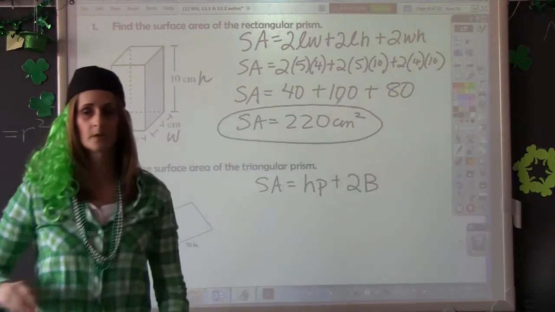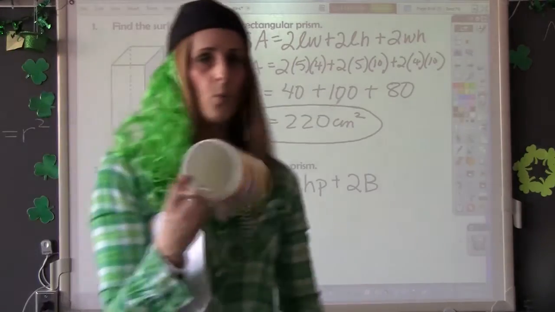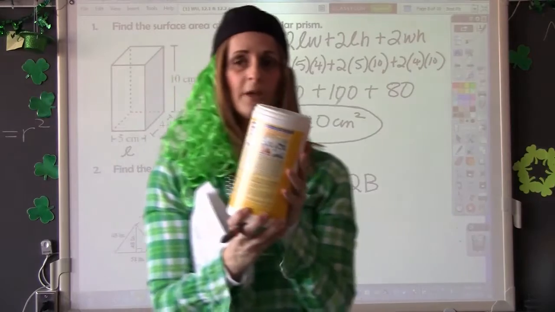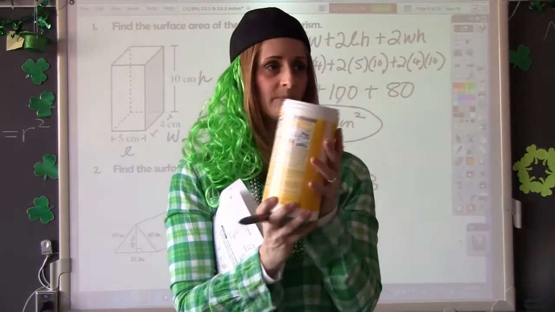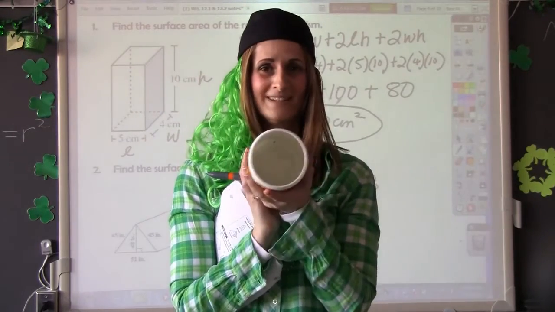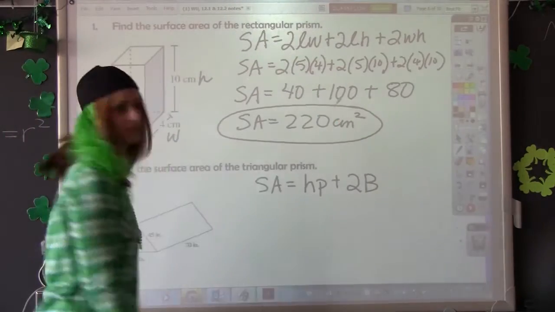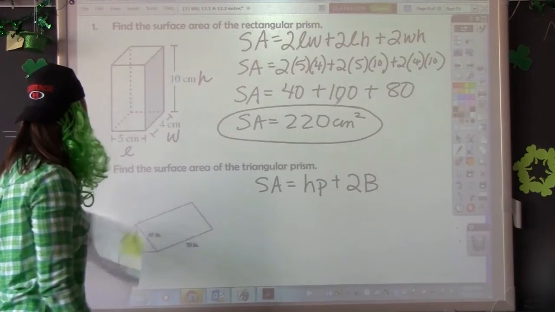Cubed is volume. Volume is how much water goes into this figure. Area is how much wrapping paper we need to wrap this as a present for someone. Okay, so any questions on that one? Okay, number 2,